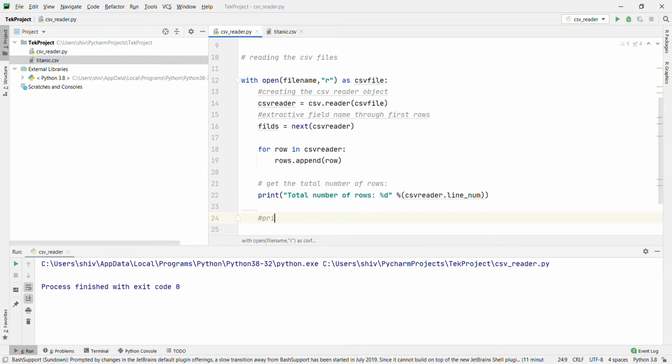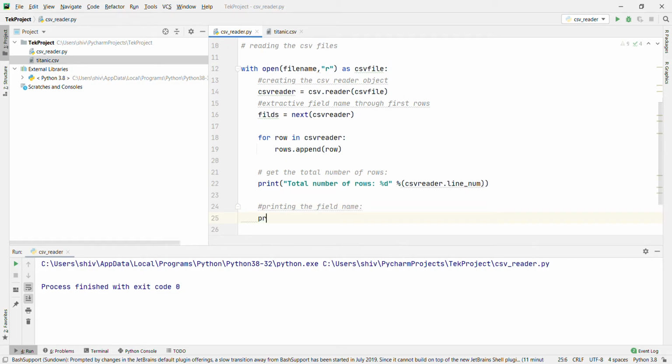Now we are going to print the field names. For that we have to use print, field names are, then plus, dot join.